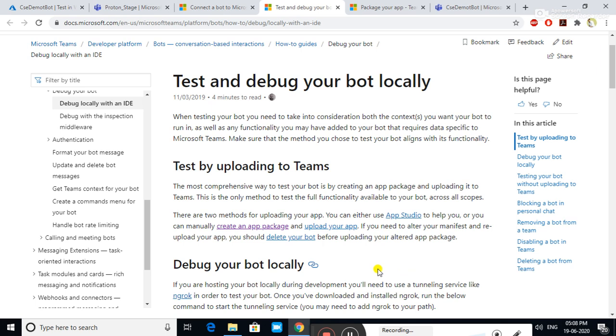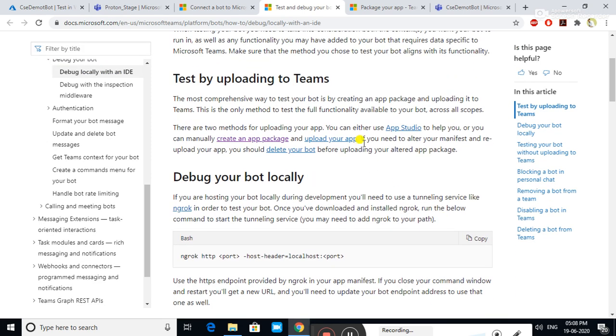We have two options to perform this. First, you can use App Studio within MS Teams. If you use App Studio, then you need to put in all the information like bot ID and bot information manually, step by step. You also have one more option: you can create a package manually, upload that package in MS Teams, install your bot and use that.